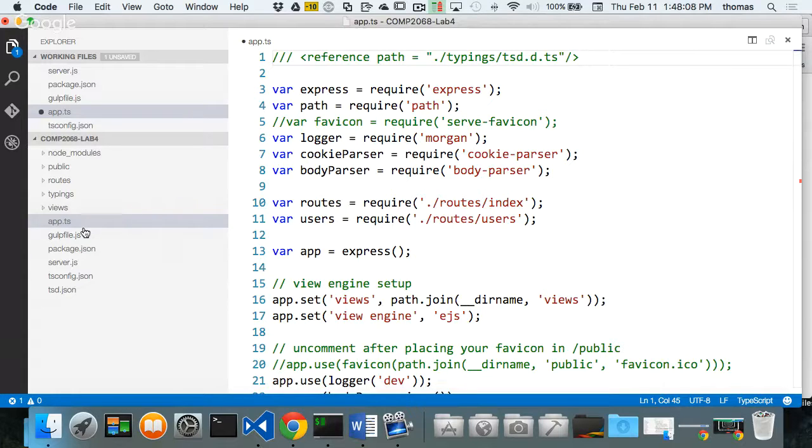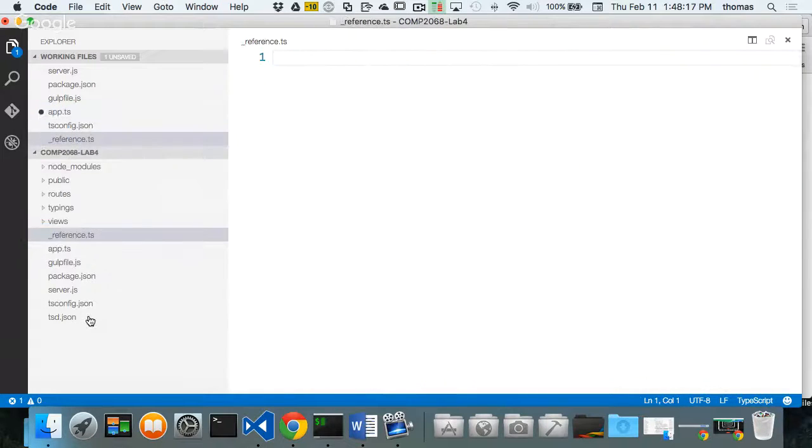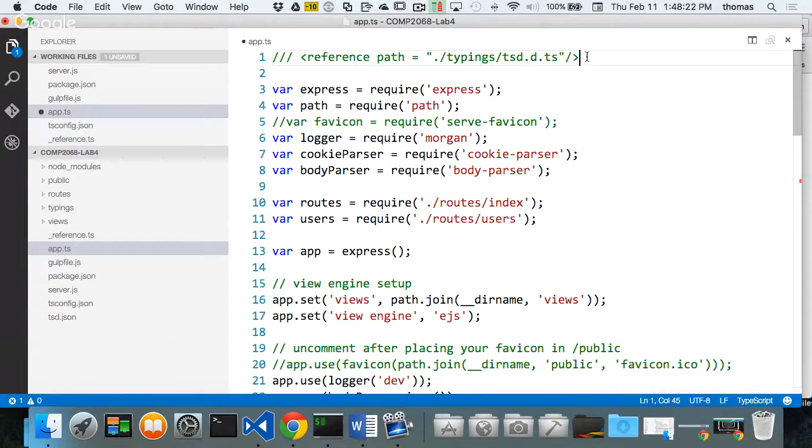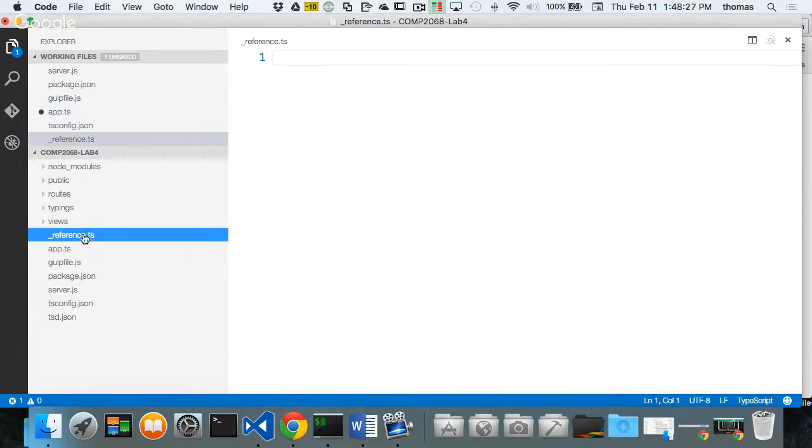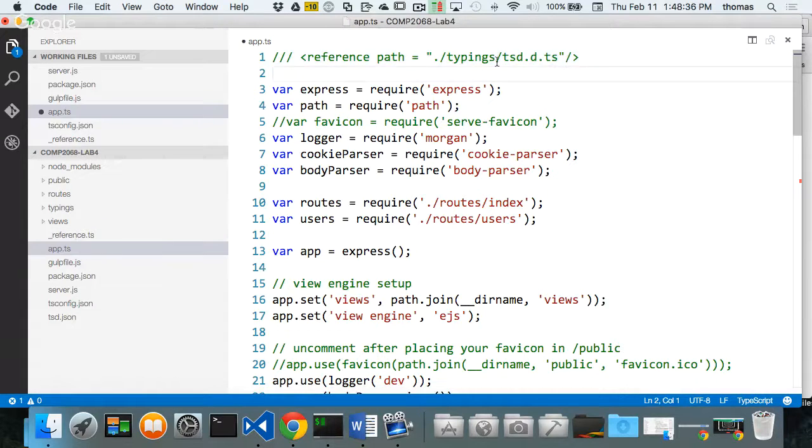I need to go in here and create a new file on the root called, and this is what I would recommend, _reference.ts. And in my _reference.ts file, I can just go in here and grab this path and put it back into my _reference.ts file. And that's all it's going to have right now, just a reference to typings. And then inside my app.ts, I'm going to change this reference to typings, and I'm going to make a reference to my reference file, which is going to look like